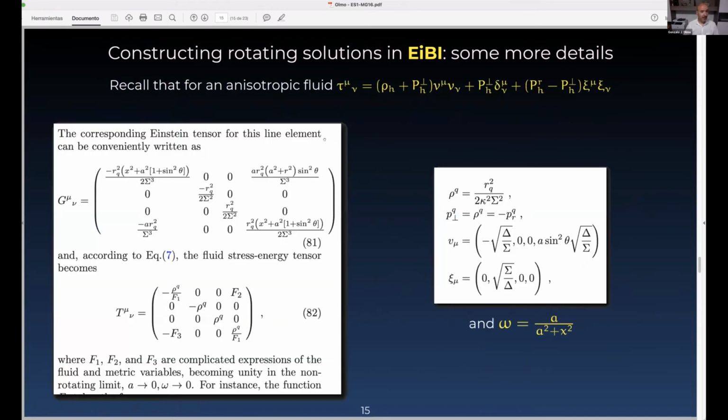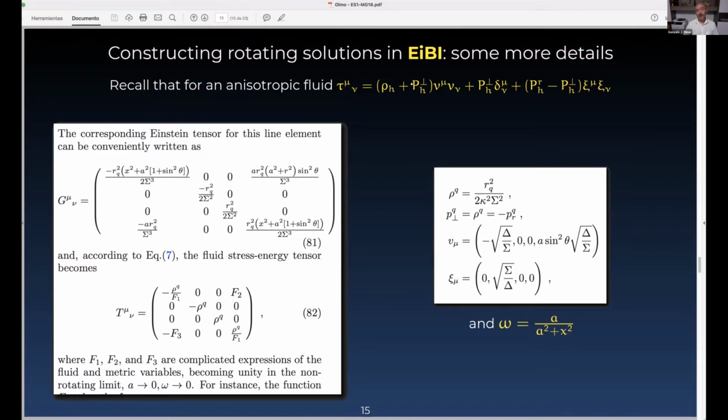Actually, we have it here. If you take the Kerr-Newman solution in general relativity and interpret it as a fluid, then to do this interpretation, you just take the line element of Kerr-Newman and compute the Einstein tensor. So this represents the left-hand side. And then you use a fluid in general relativity to write the stress energy tensor of that fluid. And then you compare the left-hand side with the right-hand side. Okay, so the energy density in particular, this rho h here is this rho q. Okay, so by direct comparison, you already have this energy density.